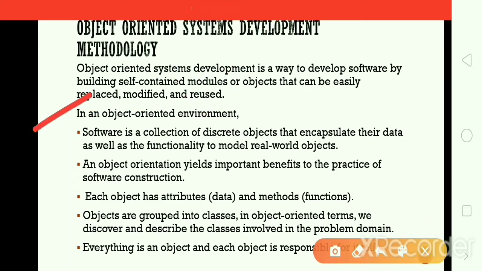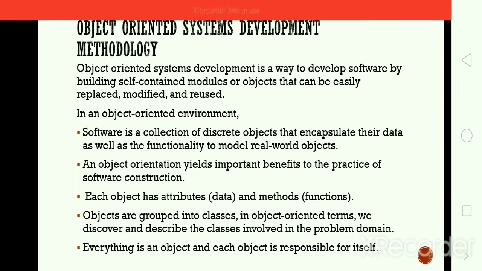In an object-oriented environment, software is a collection of discrete objects that encapsulate their data as well as the functionality to model real-world objects. In an object-oriented environment, what is software?